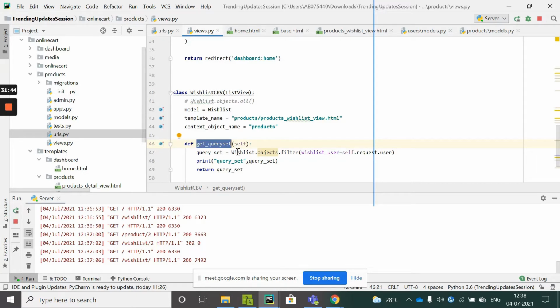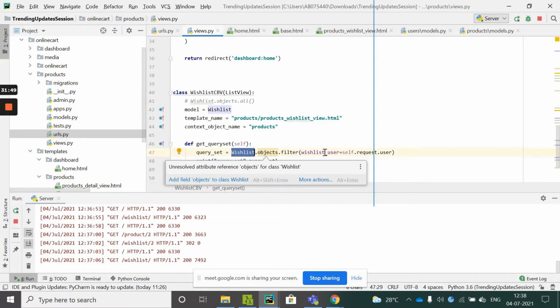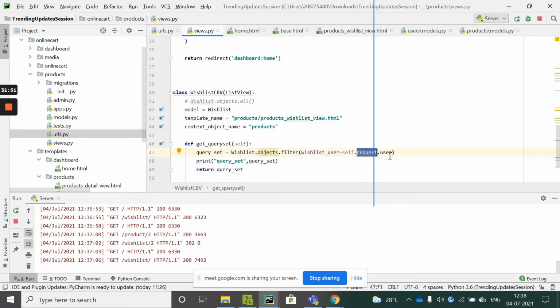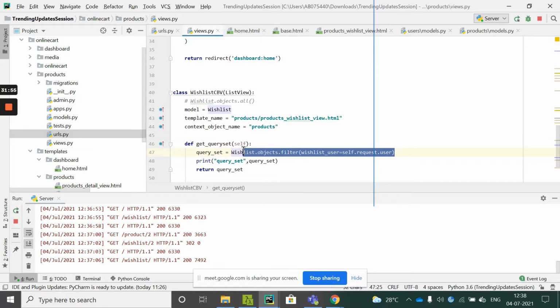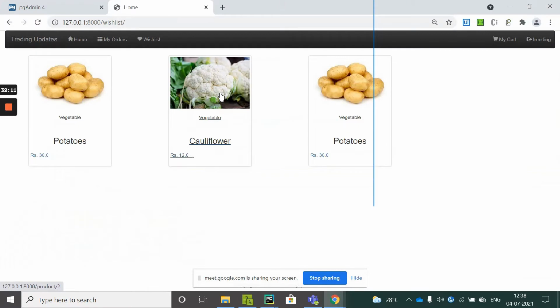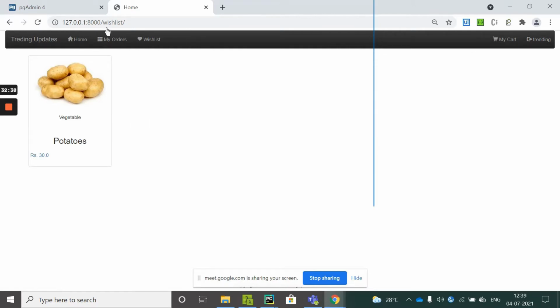So here I am altering the query set, saying wishlist objects filter wishlist user is self request user. That means I am giving the user first to this wishlist and filtering only the data related to that user, and I am returning this query set to the class again. I should be able to see only data related to the trending user now. Let me reload this and you are about to see only the data related to that trending user.